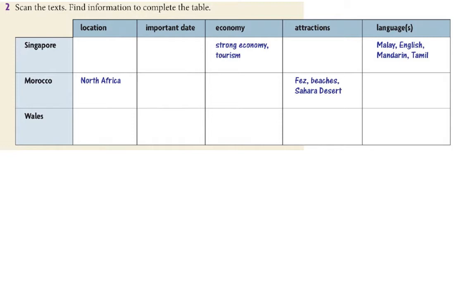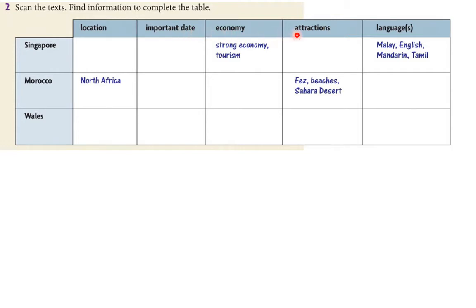We can see here there are the names of the three countries: Singapore, Morocco, and Wales. And the information is regarding five pieces of information, which are location, important date,